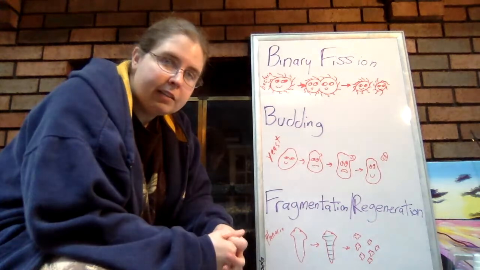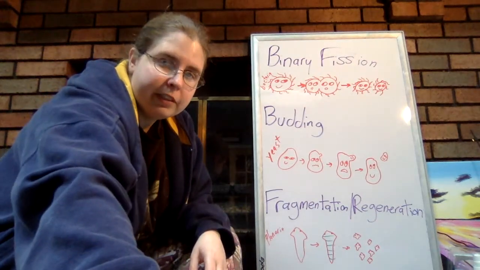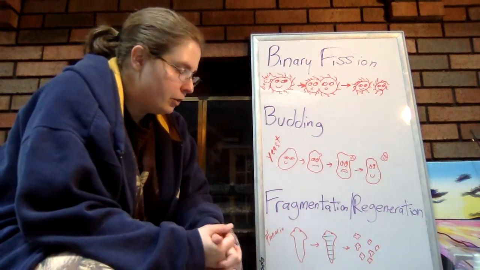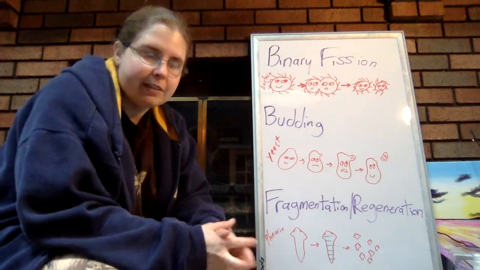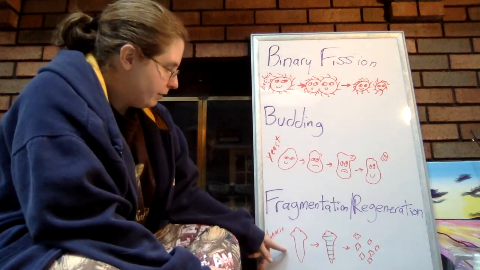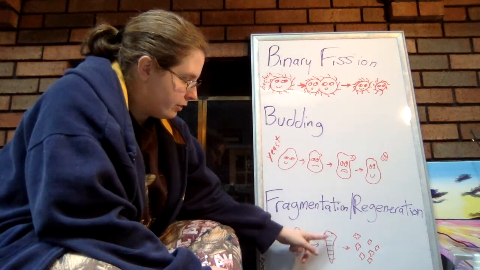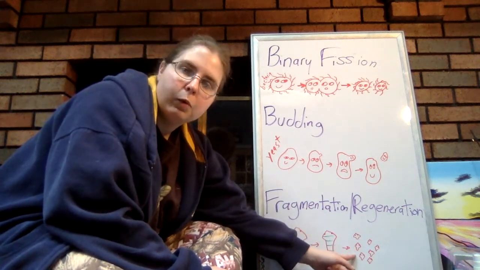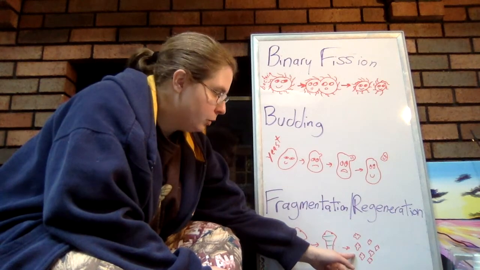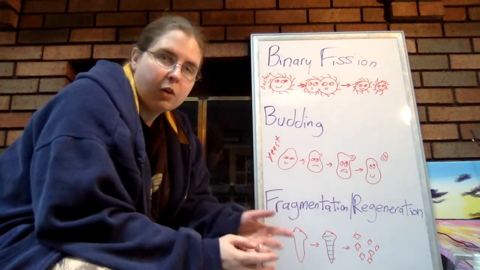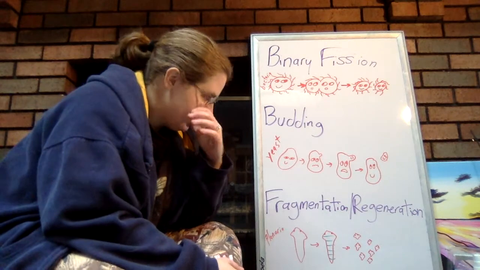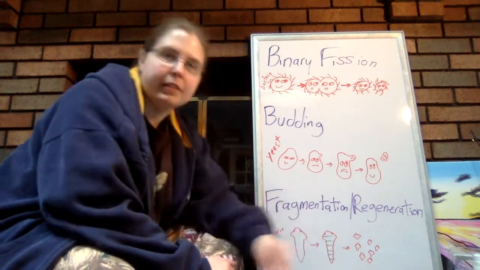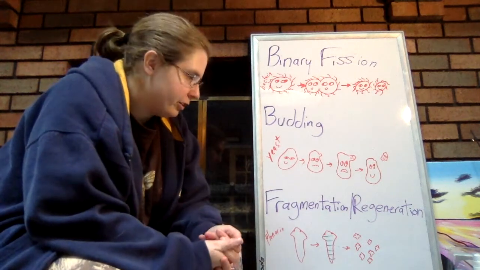The last one that we were talking about is fragmentation, also known as regeneration. We see this in plants and in some invertebrates. The case in our notes that we shared was planaria, this little tiny flatworm. When the flatworm gets cut into pieces, here it's cut into 7 pieces, each piece will become its own planaria. Each one will grow to be its own individual organism. It is still genetically identical, but we went from 1 planaria to 7 planaria. So that is why it's asexual reproduction.